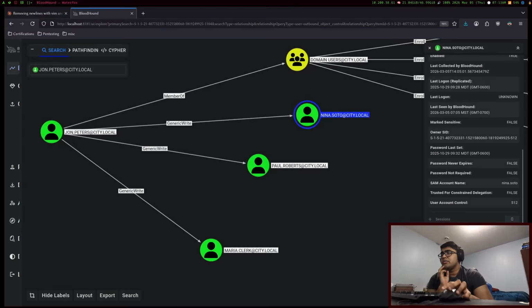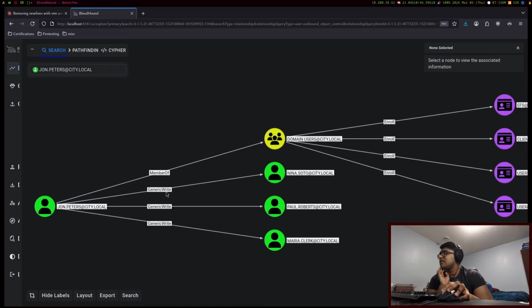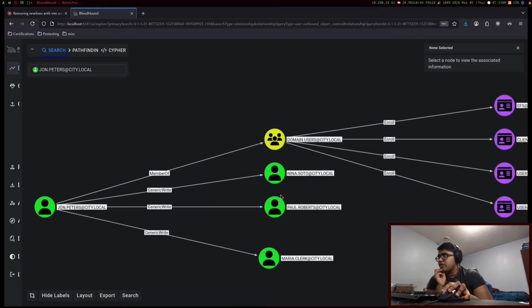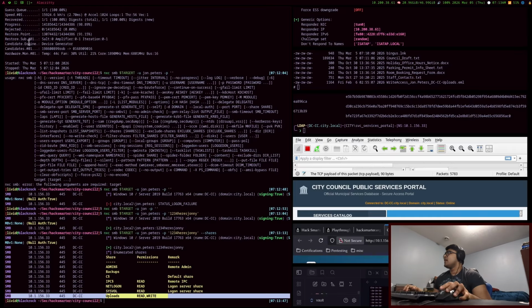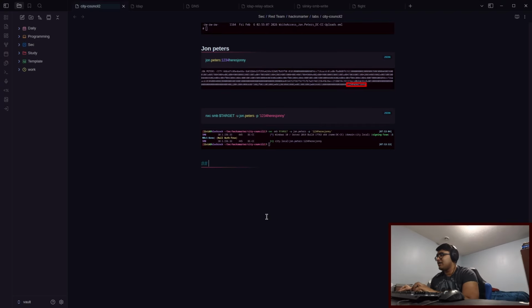Or you could do, hold on, let's just check. Let's just check instead of lying straight through my teeth. Yeah, you can do a targeted Kerberoast. You don't need to do the DACL write, right? You can do a straight up targeted Kerberoast on that specific user. So we can try and do a targeted Kerberoast on all 3 of these users. I'm going to try and use PowerView.py to do this. I've never used PowerView.py to do targeted Kerberoast, but